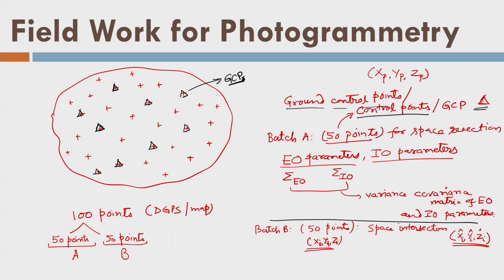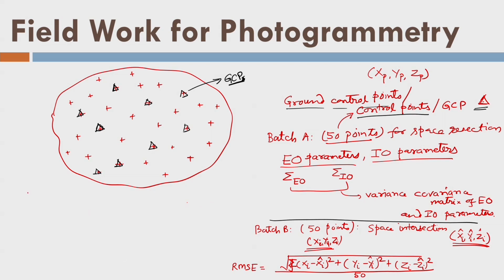So now calculate the 3D error and accuracy: (xi minus xi hat) squared plus (yi minus yi hat) squared plus (zi minus zi hat) squared, and the square root is taken. Then the summation sign, if we are doing it for 50 points, so divide by 50, this is the RMSE error.